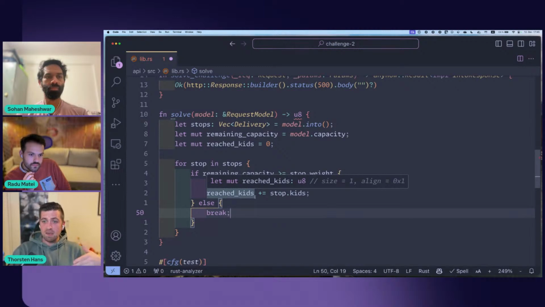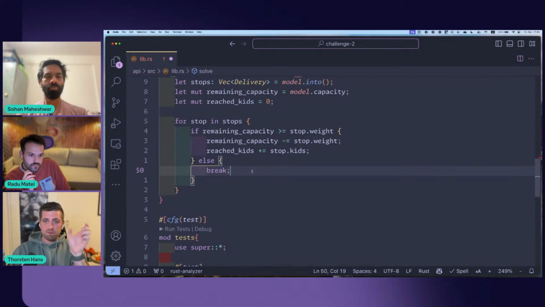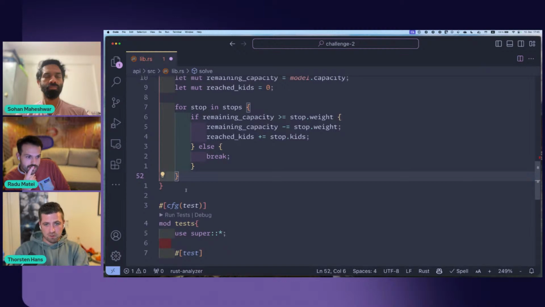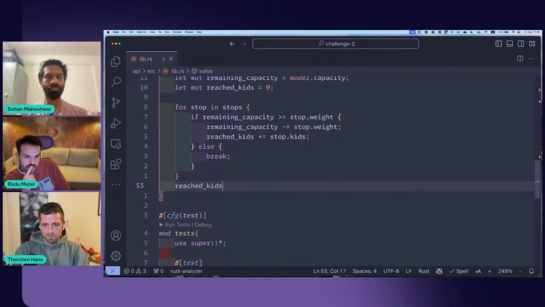We could then increase the number of kids that we've reached. If we, however, look at an element with higher weight than remaining capacity, we break the for loop, and we basically could return reached kids over here.